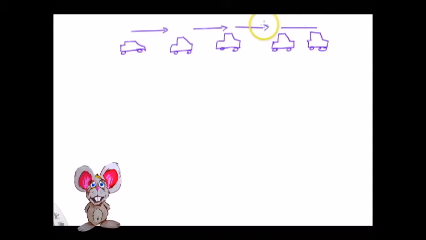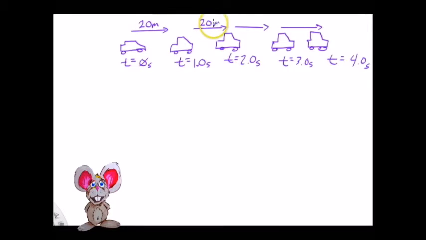This is the diagram given in the book, and this is just a stop motion of this car traveling. This is at t equals 0 seconds. This is t equals 1.0 seconds. This is t equals 2.0 seconds. This is t equals 3.0 seconds. And this is t equals 4.0 seconds. And these arrows represent 20 meters of travel. So, up here on the whiteboard you can see that we have this fairly easy to